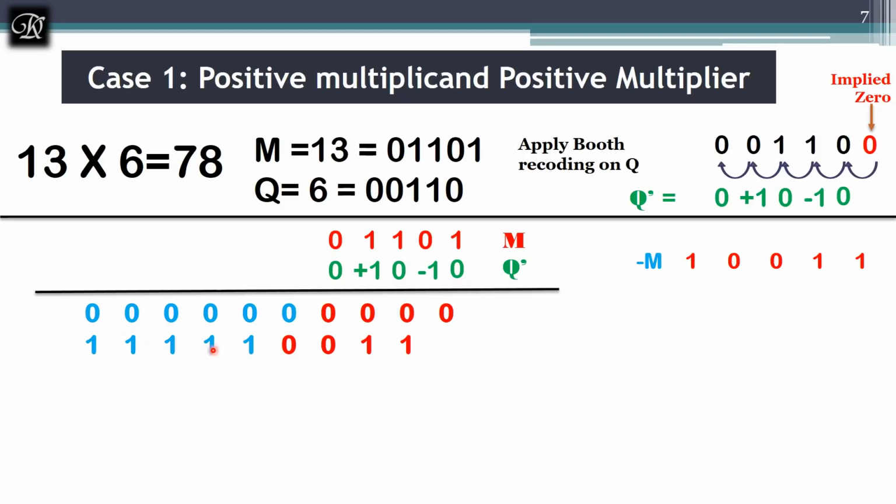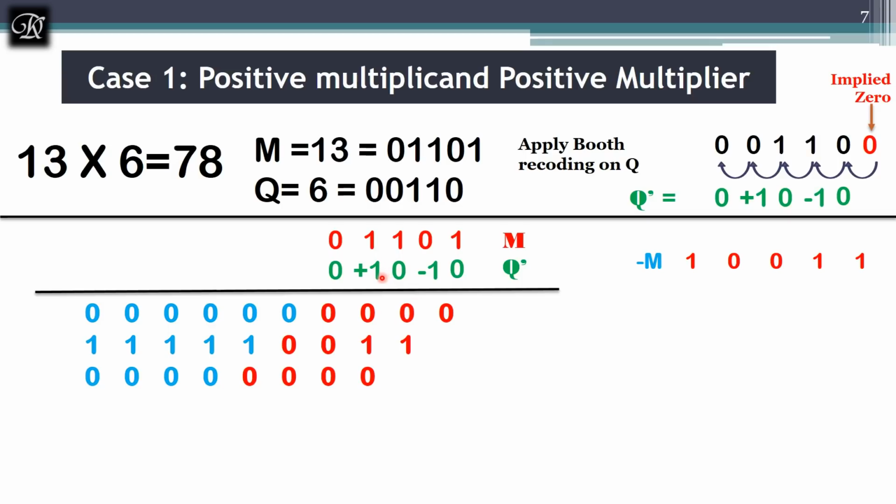This sign bit will be extended. These bits are called sign bit extension. So this sign bit is extended in the remaining bits, and I am not shifting here. My answer should be of 10 bits, so I will be ending with only 10 bits. I need not go with one extra bit over here, because the count from this bit to this bit is 10 bits. Next, I am having 0. So again I will multiply with 0, as in your normal technique. I will shift, but I will be ending with a maximum of 10 bits over here. So the answer should be 0. And you can notice here, this is the sign bit, the sign extended.